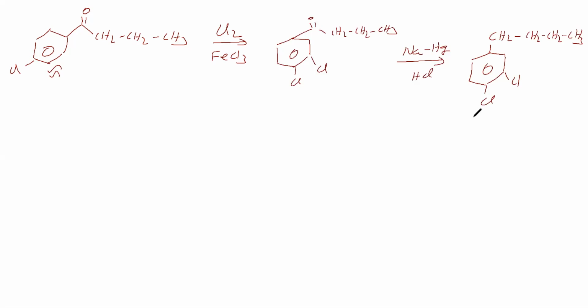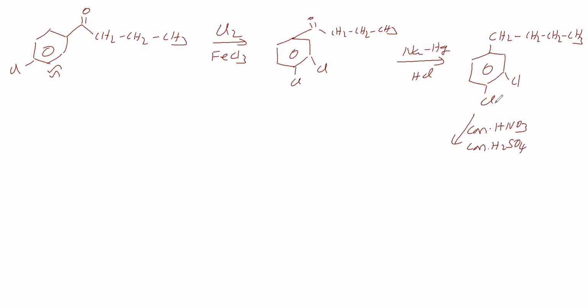Next, treating with concentrated nitric acid and concentrated sulfuric acid. This is called nitration. Nitration means it is electrophilic substitution. Here the electrophile nitronium ion is created. Where the nitronium ion will attack, that we will see. This can show hyperconjugation. Due to hyperconjugation, it will act as an ortho-para director. So as per this, this position can be attacked. The electrophile can attack this position.